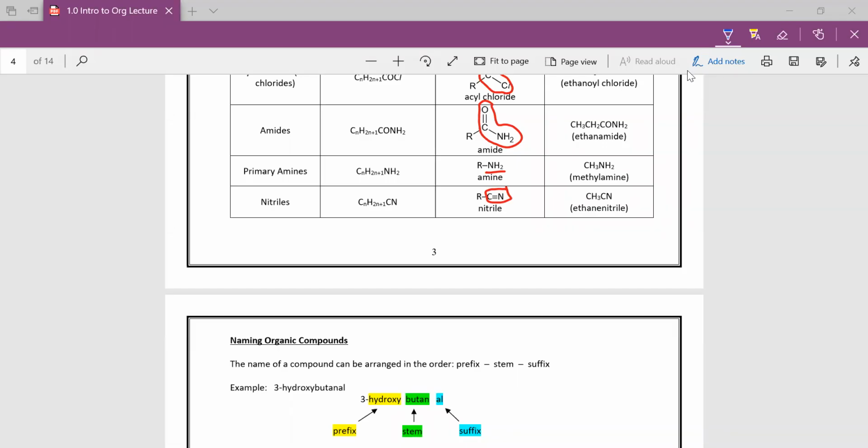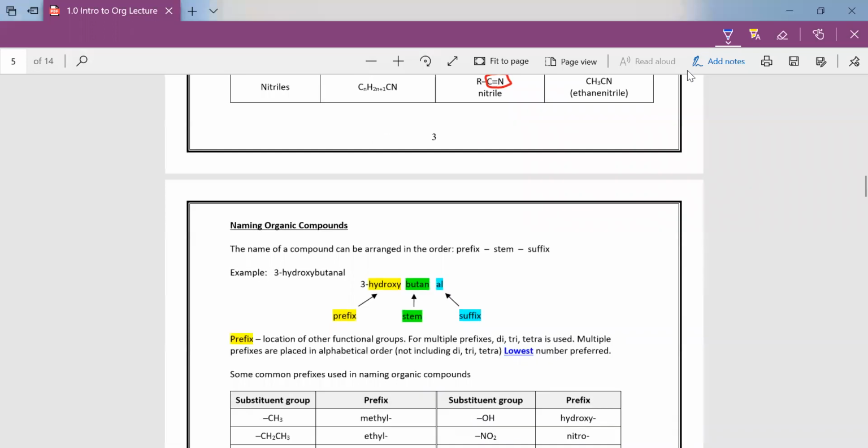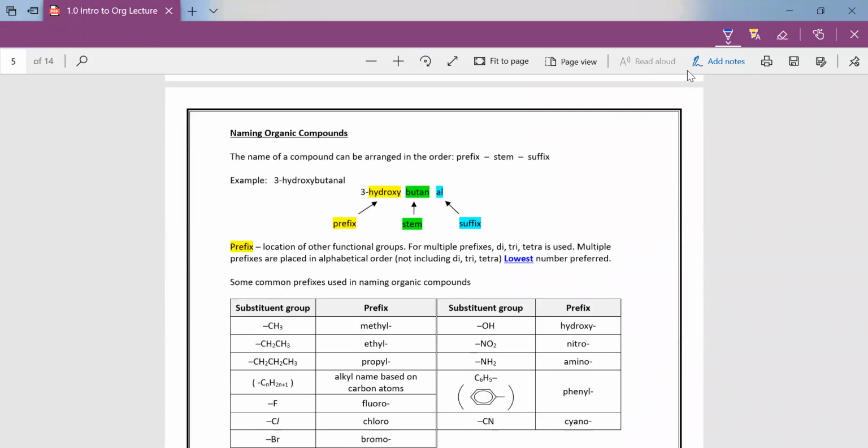All right, let's continue with naming of organic compounds. The name of a compound can be arranged in this order: prefix, stem, and suffix. These three terms we use according to the IUPAC, which is the international way of naming compounds in chemistry. Let's look at one example. We have